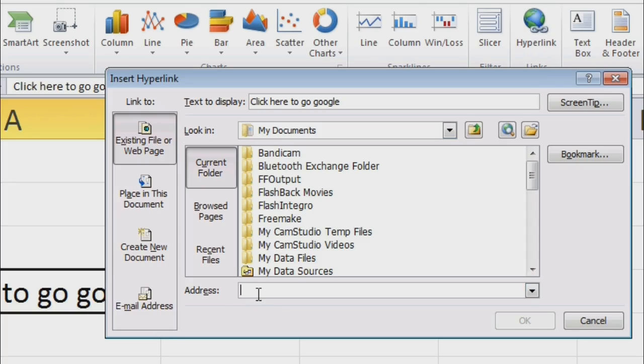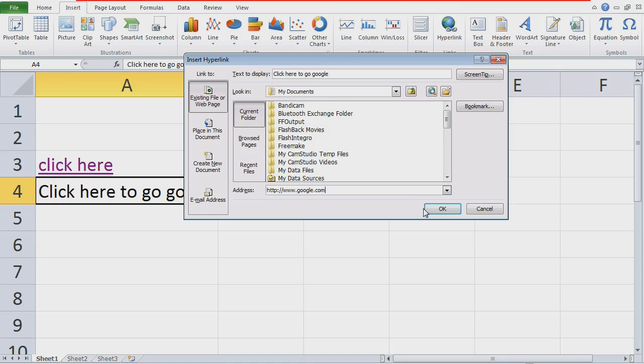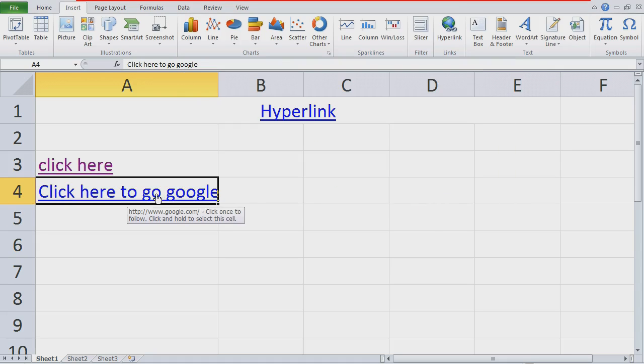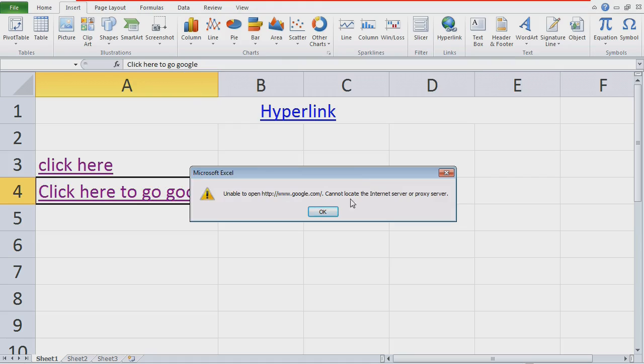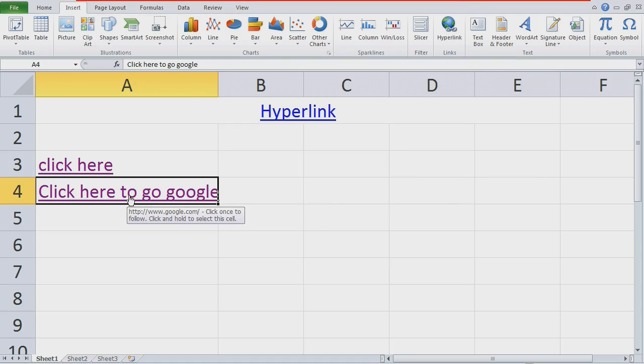So suppose I have written here www.google.com. You can paste the web page URL also. Click OK. Now my internet is not connected, so I cannot go. Otherwise, when you will click on it, you can switch to your Google home page.